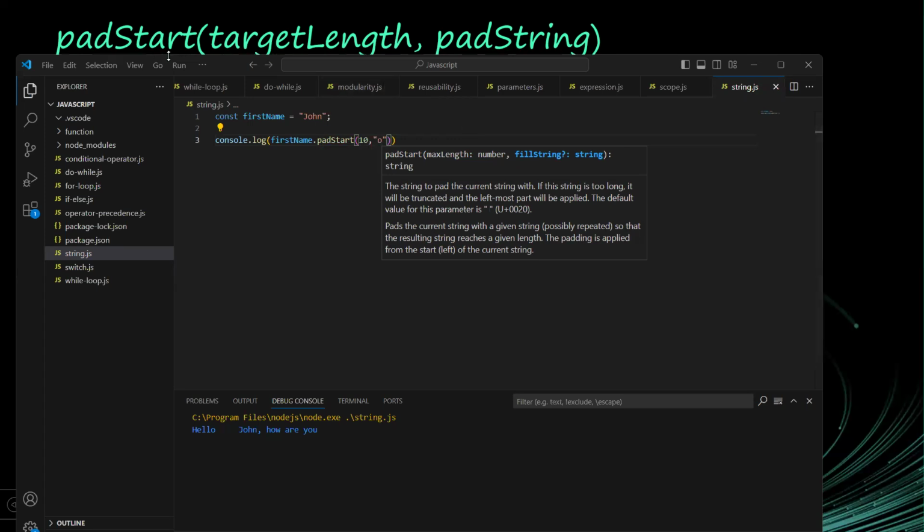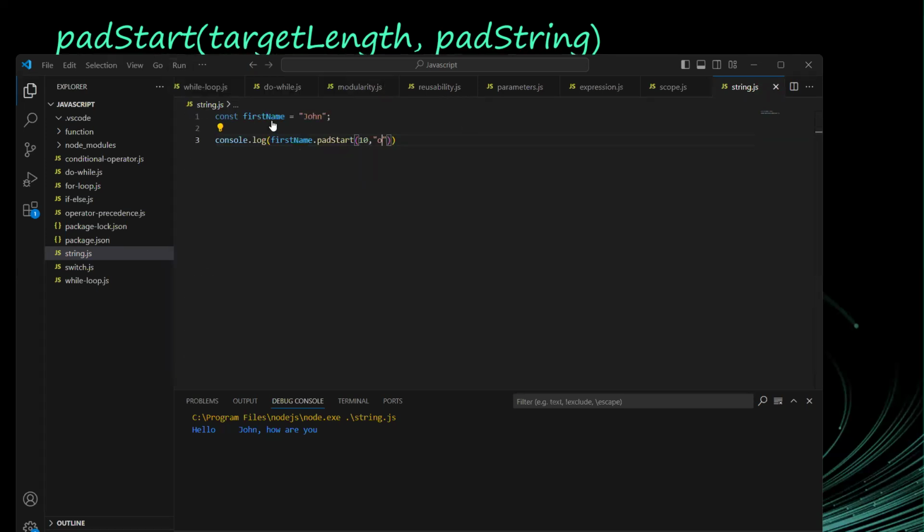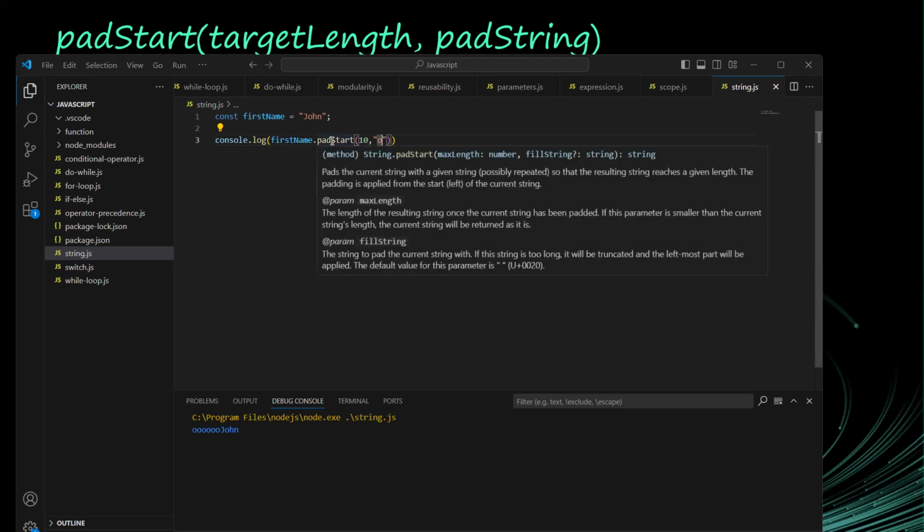So if I save and run, you can see that from the start we have 6 zeros, because this "John" has just 4 characters, and we want to pad it up to 10 characters, and we want to use zeros to actually pad it. Now, if you take your mouse over this padStart, always do this whenever you're using methods,